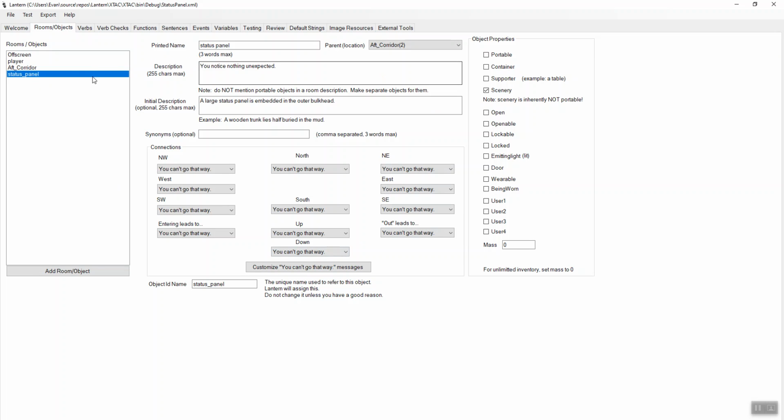And I'm going to do it right within this other project here. I'm going to add a new object, and I'm just going to call it PDA. And I'll make it portable and put it in the player's inventory. And now we need to know what are the different objectives. And this is where we're going to look at your design document